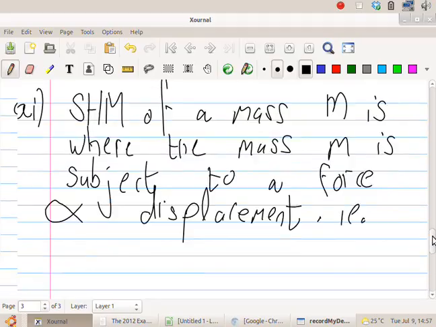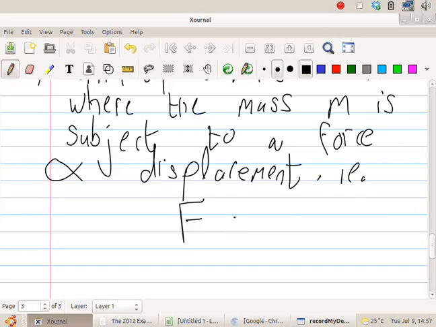I.e., simple harmonic motion is when the force is proportional to its position, or in other words, F equals K